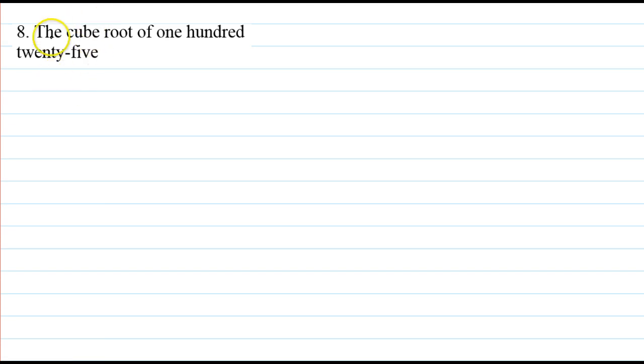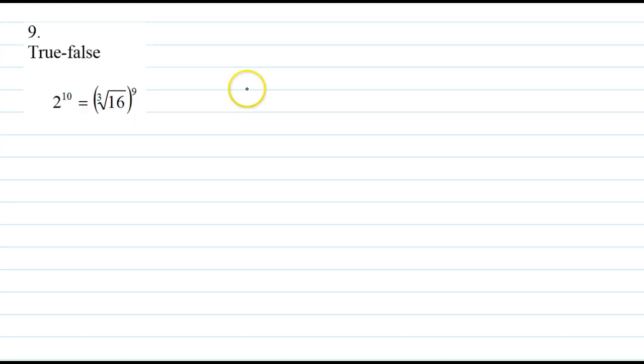So number 8, we have the cube root of 125, and so we just want to put this in radical notation. And hopefully by now you realize that 125 is just 5 cubed, and so the cube root of 125 is just 5. Alright, let's look at